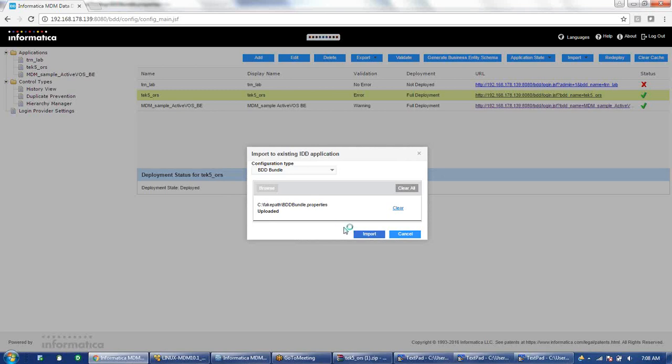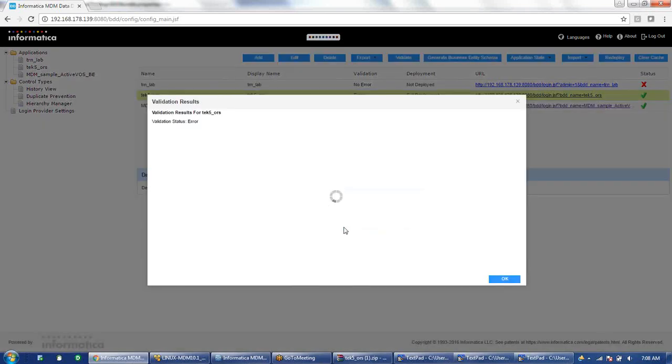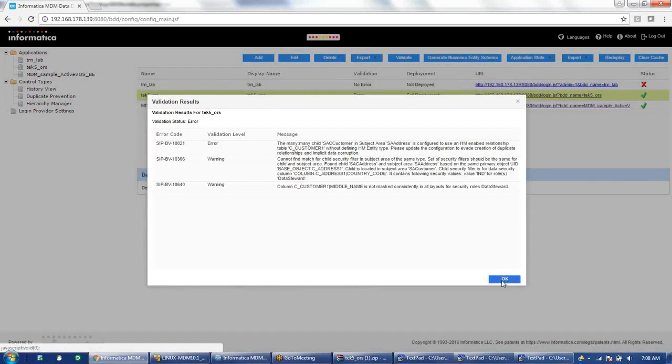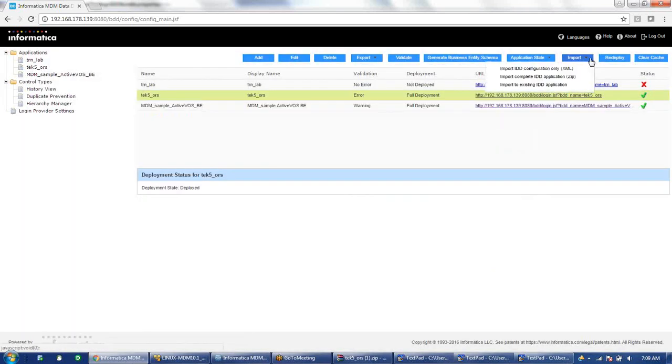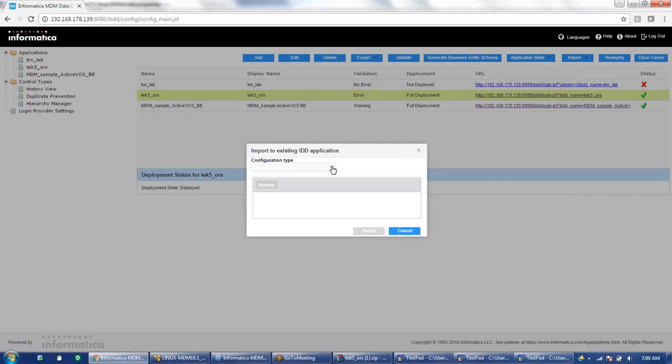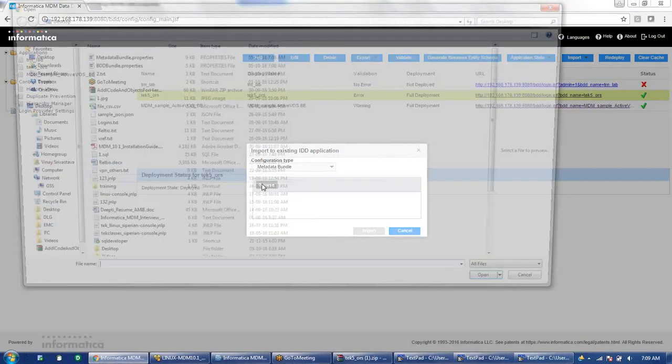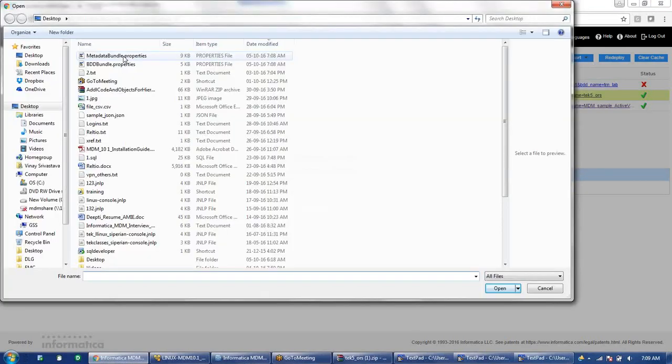Like this, whatever files are changed, we will send it to the other environment and they will use this import feature and import it. Similarly, the other file that we have to change is metadata bundle.properties, and again we'll select this metadata bundle.properties.